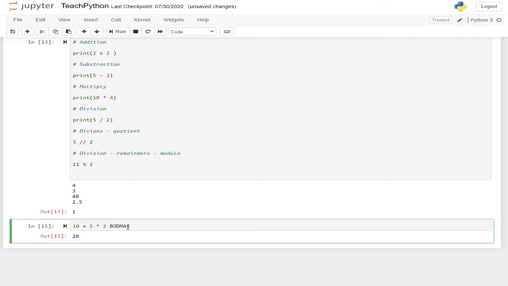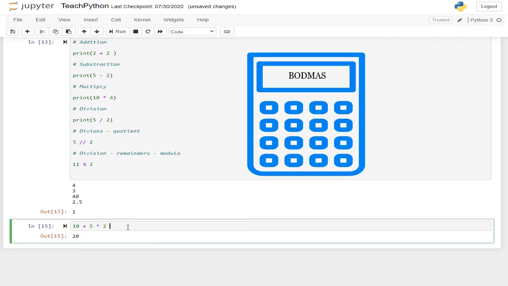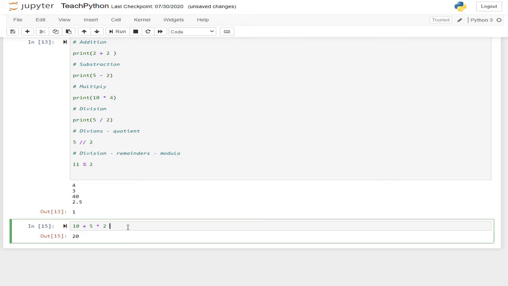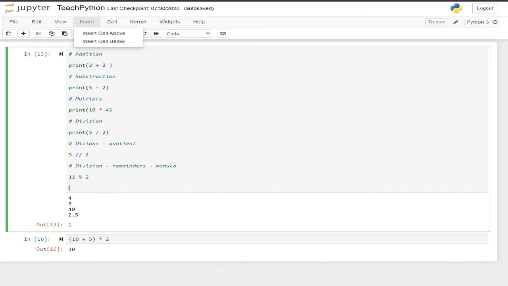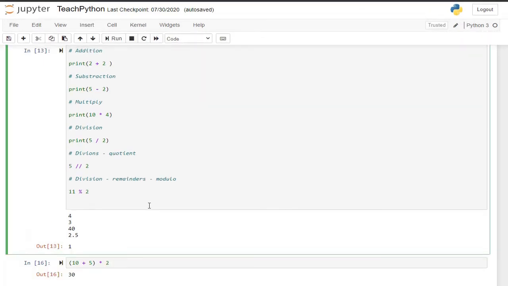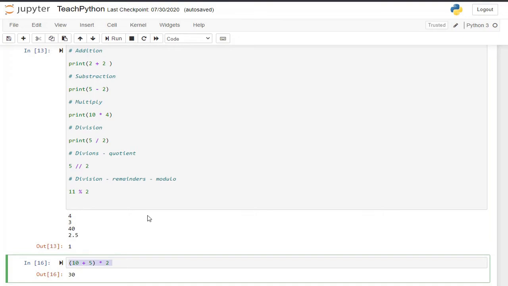But no guys, here it follows the rule of BODMAS, and I won't be covering this rule. You can just Google BODMAS rules. So if I want to get the output as 30, I will evaluate this expression first. Now you can see this is 30. It is like a bracket which has been evaluated first and then the whole expression. Okay guys, now one more thing is remaining. Just let me do it a bit.